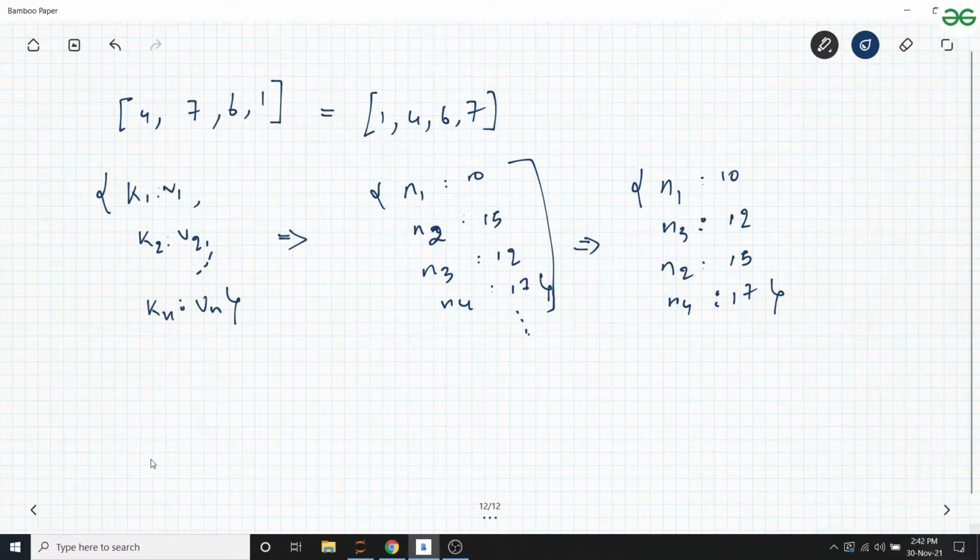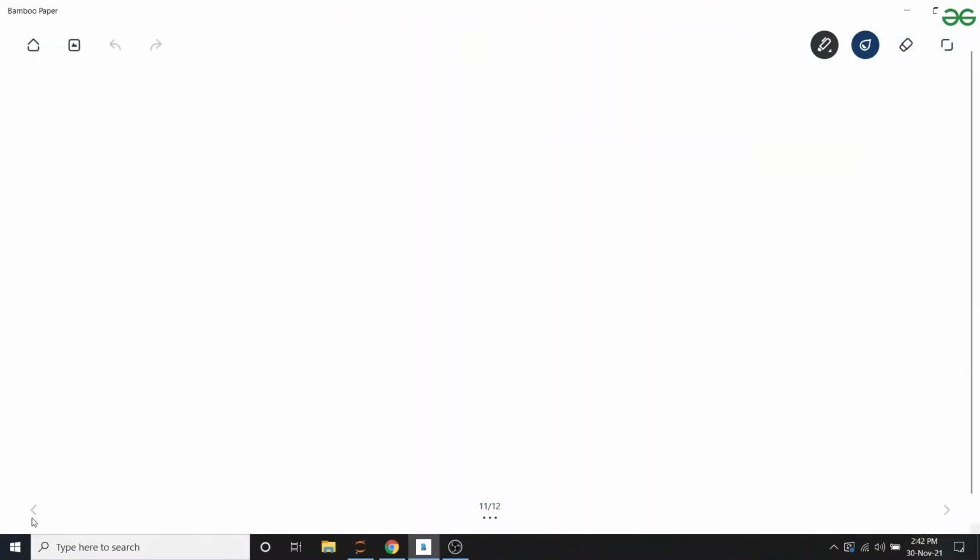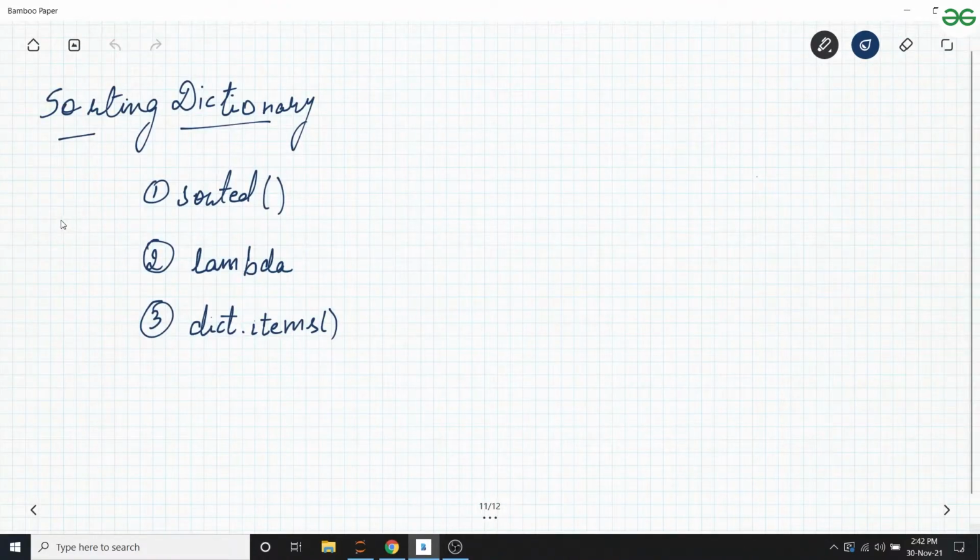But before that, we need some prerequisites, or we need to learn about some concepts in Python that are important to understand how to sort a dictionary. Those particular topics are the inbuilt sorted function in Python, the lambda function, and the dictionary.items function.